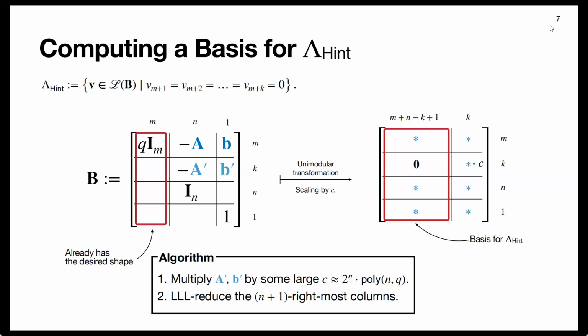Now we implemented that and also ran some experiments, also for Kyber, Dilithium and Falcon. And then we observed an interesting phenomenon: if we have really a whole lot of hints, like too many hints, which is where the name of our paper actually comes from, then the second step of this algorithm will already recover the LWE secret. And that's a bit strange, because this isn't the attack that we're running, right? This is just the pre-processing. Initially, we first want to do this, and after that, run the attack. But apparently, there is a regime when you have really a whole lot of hints where you don't need the attack. And the pre-processing will already give you the LWE secret.